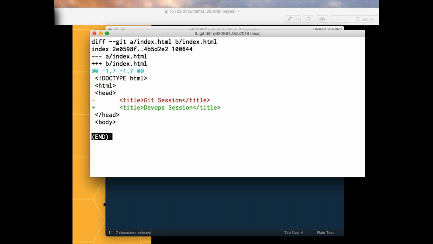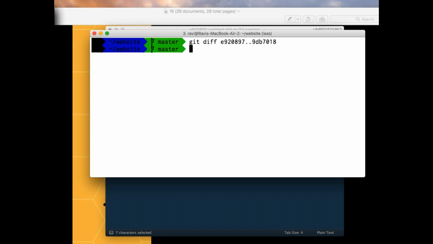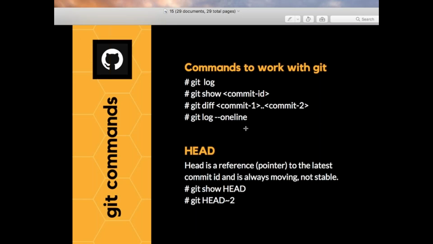But you need to give the specific commit which you did earlier. Then it will say that you have basically introduced something called git session over there and removed your particular thing, right? This diff can give you the comparison of your commits, what happened between this commit and this specific commit. That's where you can use git diff, right? And what's the other command? Git log. Yep, HEAD. HEAD is very important. I'll just discuss this HEAD and I'll stop it here.